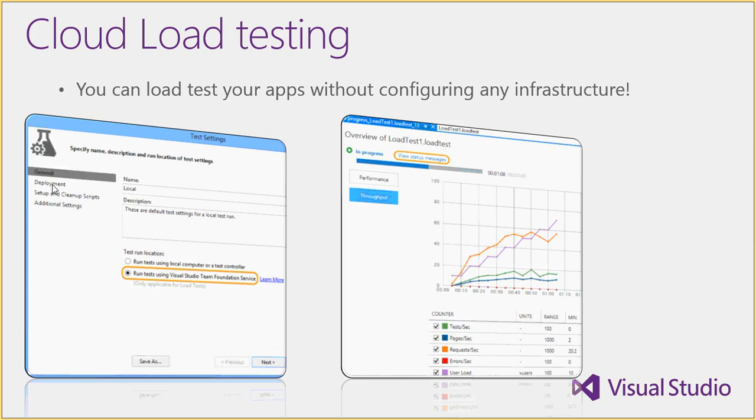This particular load testing is a feature of Visual Studio right from Visual Studio 2005. Back in 2005 itself, it had this functionality. But in 2013, it has come up with something called cloud load testing. If you want to set up an environment, you can actually